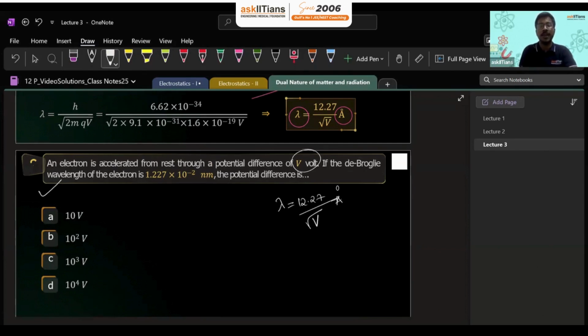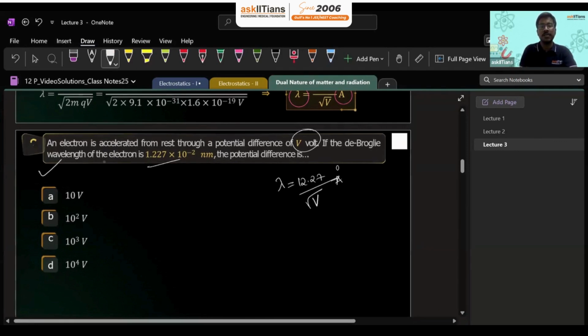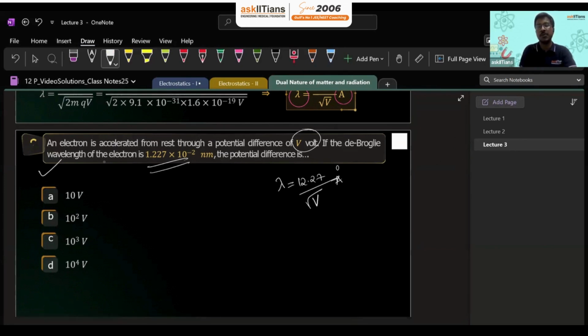So this value, lambda, is given here. This is 1.227 into 10 power minus 2. You can substitute that in the equation and find the value of v. So if you substitute, 1.227 into 10 power minus 2 nanometer is equal to 12.27 by root v Armstrong. Now to convert both sides into Armstrong, I'll multiply and divide with